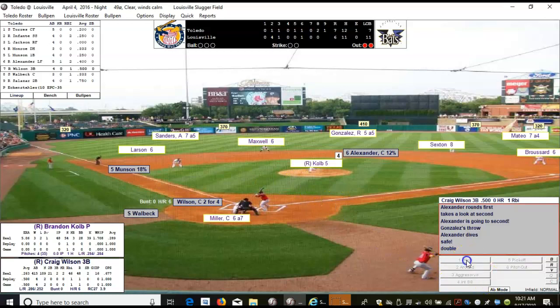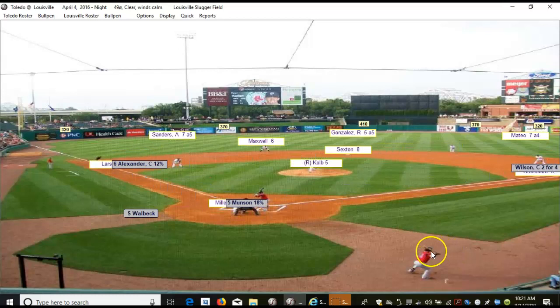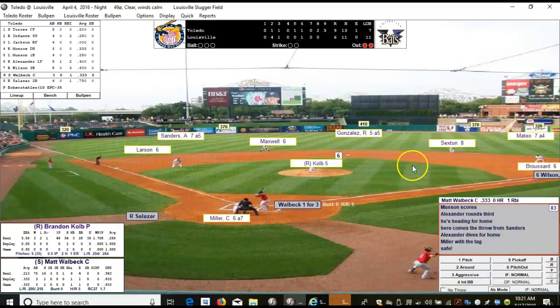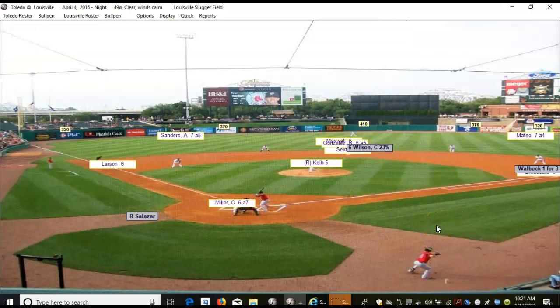And here's Craig Wilson. Wilson looking for insurance, and he gets it. A base hit. Munson scores. Alexander coming to the plate. He will score. Toledo, 3 runs here in the 9th. They lead it 9-6. And the fans here at Louisville Slugger Field may be heading for an early exit as